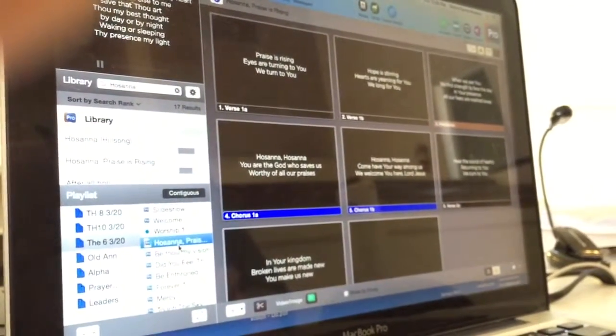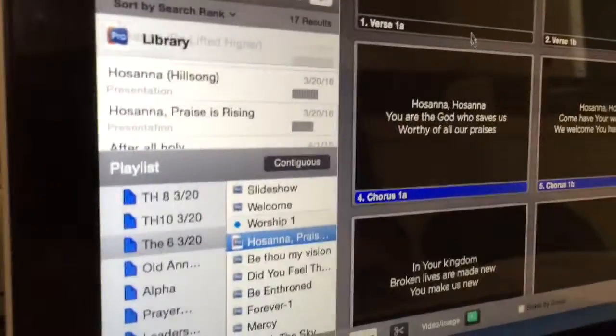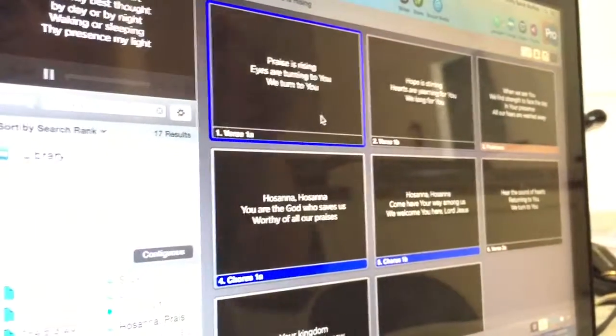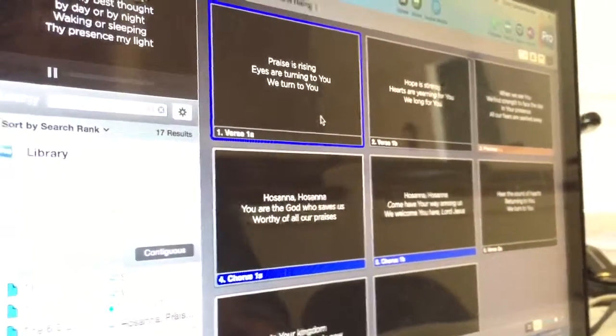If it's not formatted the same as the others, then you want to click on the song here, or highlight everything by clicking on one of the slides. You can command click and it'll turn it blue and it won't show up on the screen, and then command A